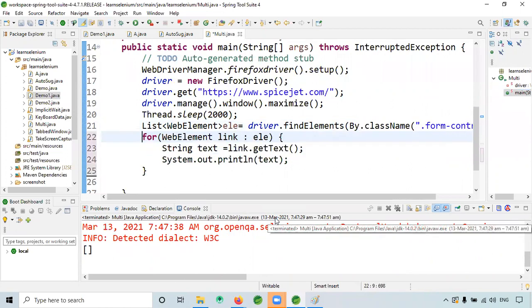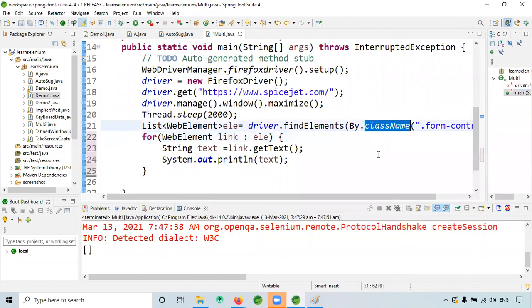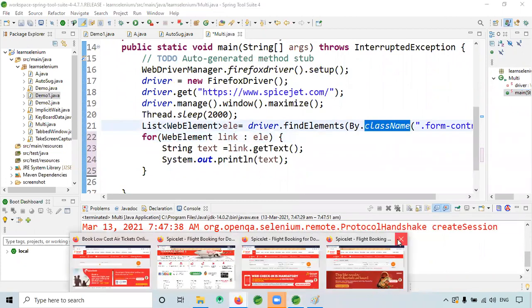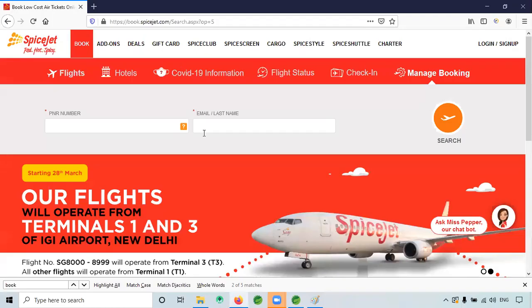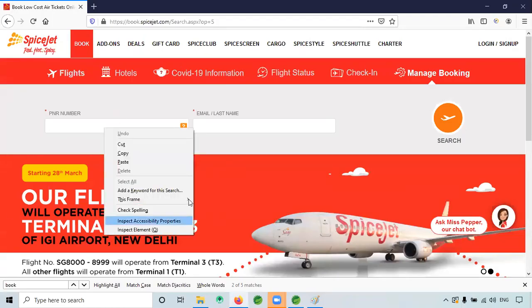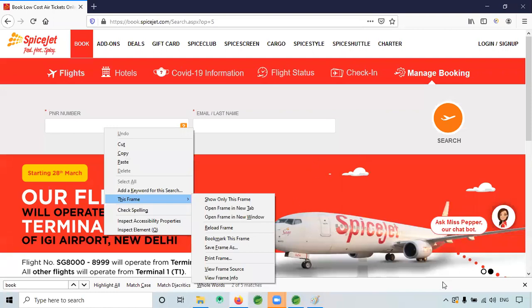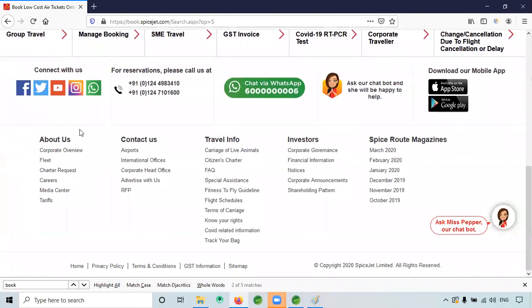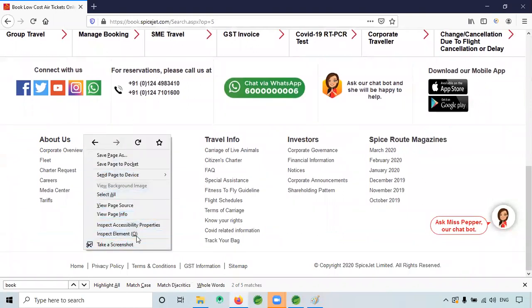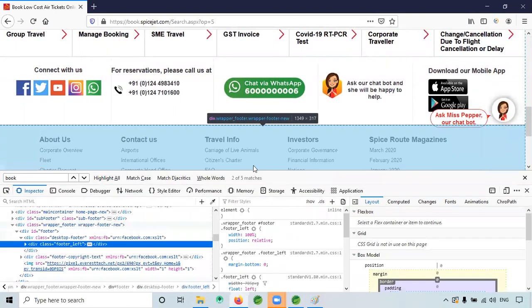Okay, we can do that. But if that ID is there only for one element, still it will give a list with that one element. Let me check. Inspect element.